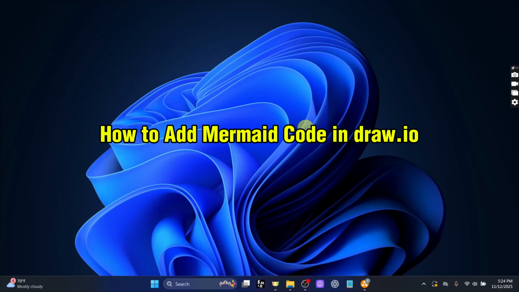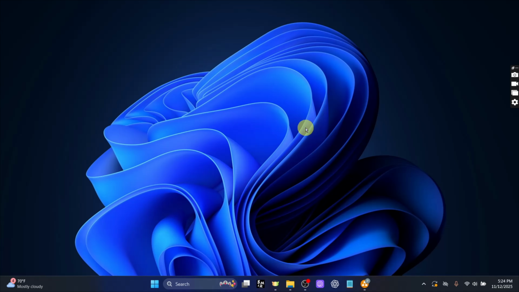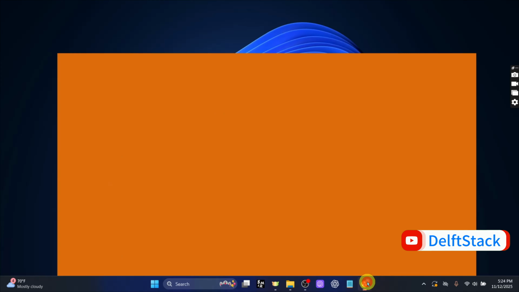In today's tutorial, we will learn how to add Mermaid code in draw.io, step by step. Mermaid allows you to create a diagram using simple code, which can then be visualized directly in draw.io. For clean and professional diagrams, first start by opening your draw.io app or website